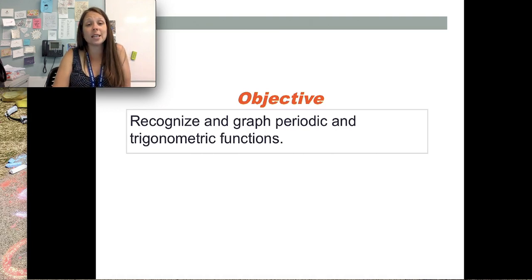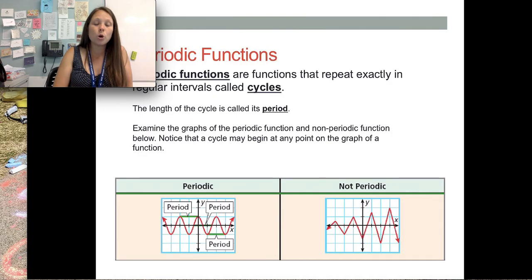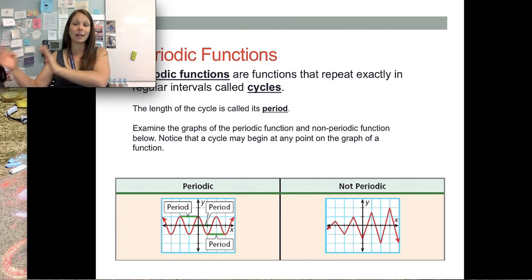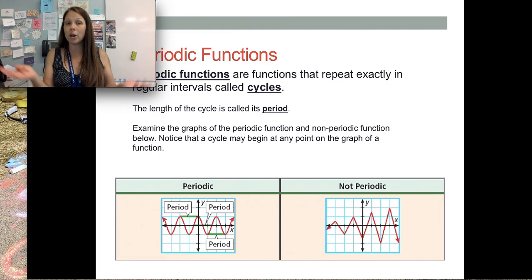So the objective for today is to recognize and graph periodic and trigonometric functions. We're specifically going to be focusing on sine and cosine. But first, let's define what is a periodic function. It's a function that repeats in regular intervals called cycles. The length of a cycle is called its period. So basically, you can copy and paste that cycle over and over and over again, and that'll get your entire